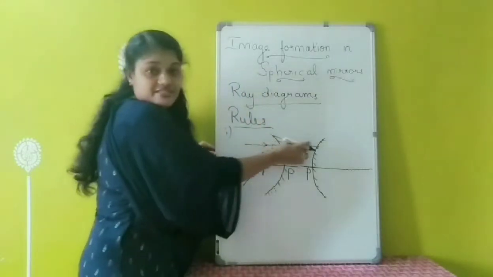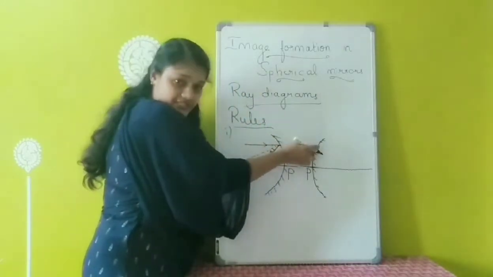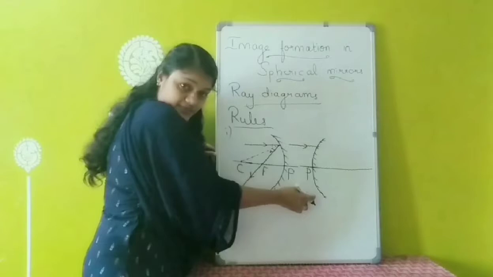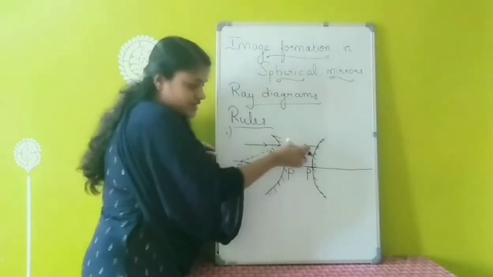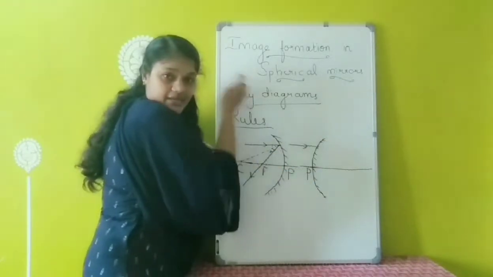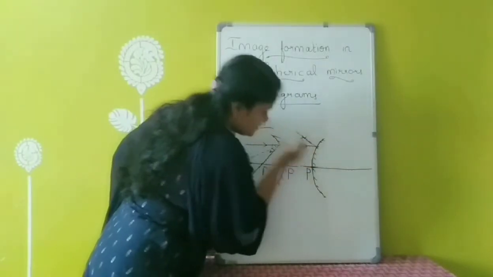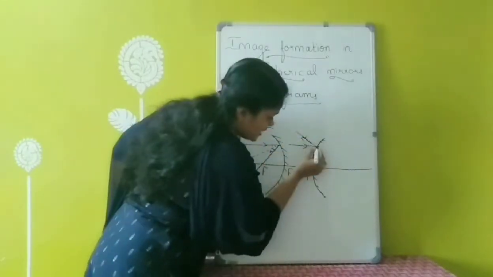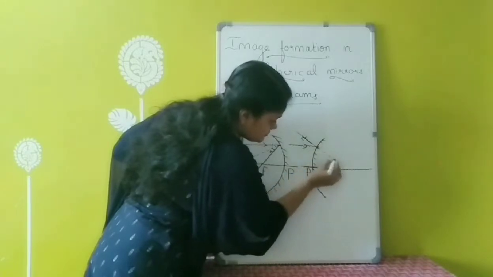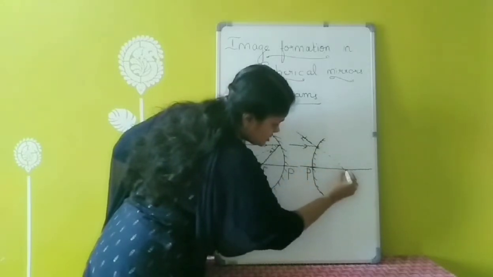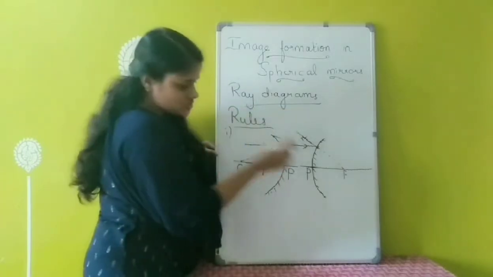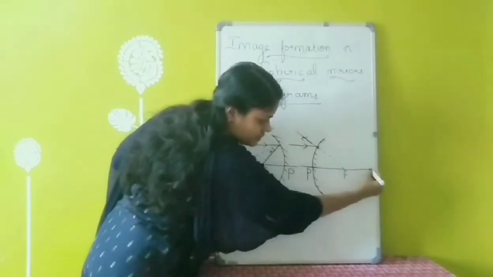This is called the incident ray. This is a convex mirror, that means a diverging mirror. So what will happen to this light ray? This light ray may be diverging. So this light ray is diverging, but appears to diverge from the focus. This is the focus, and twice the distance we can mark